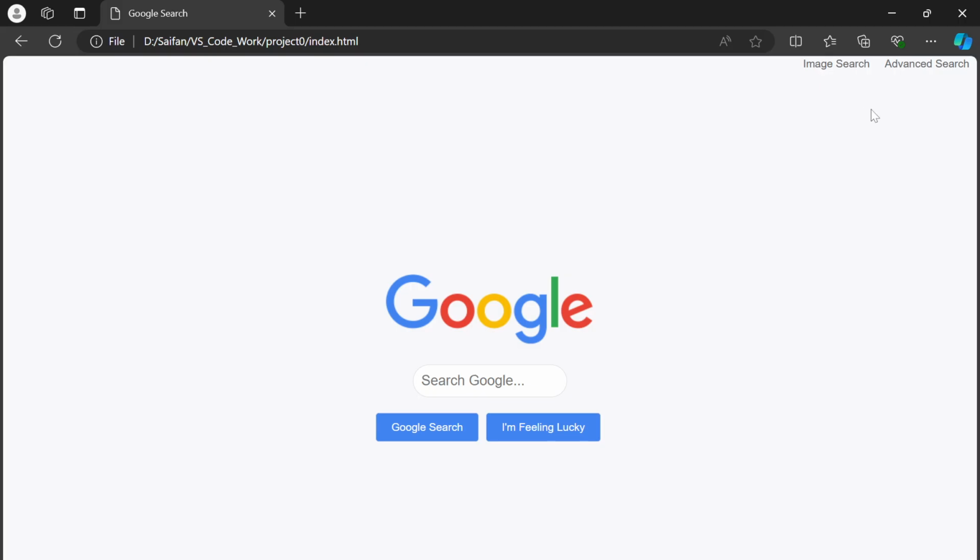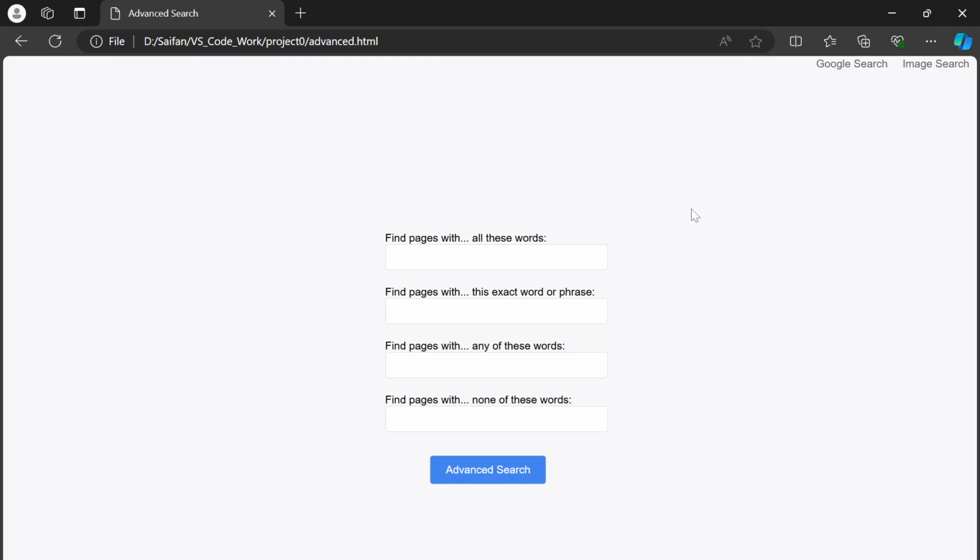Moving on to advanced.html, I have implemented 4 different search fields. These fields allow users to perform more refined searches, offering advanced options like searching for specific phrases, languages, or within a specific website. I search here